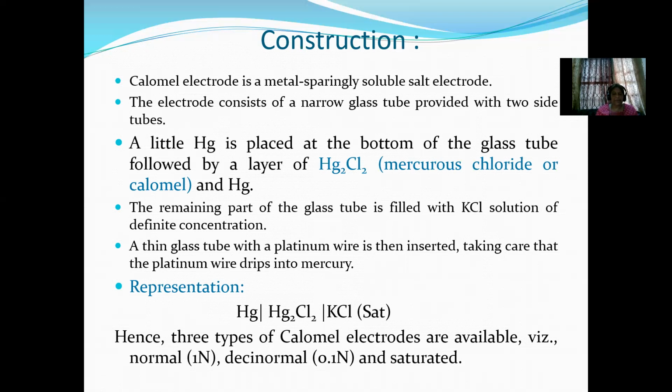Any electrode can be represented. It is not always possible to draw the diagram and explain the construction part. Sometimes, very quickly, we write or represent that electrode in a single line. So the one line representation is, we write like this: